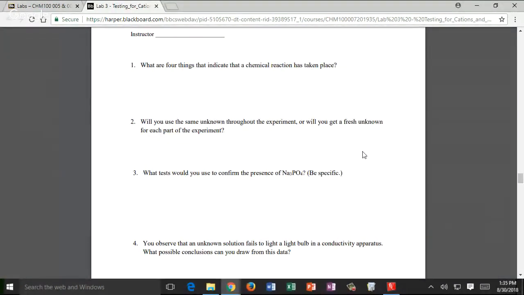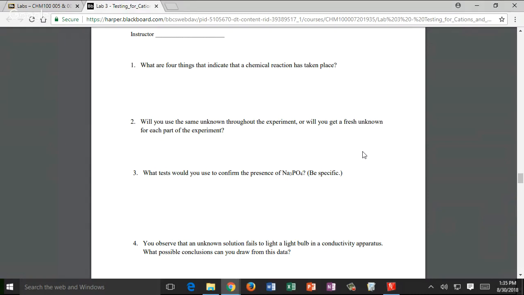So this pre-lab is a little bit different from the previous one. The previous pre-lab was all about just doing some general conversion skills to practice a little bit. This is more like a reading comprehension of the lab itself. This pre-lab is checking to see if you actually read the lab and you know what you're about to do.